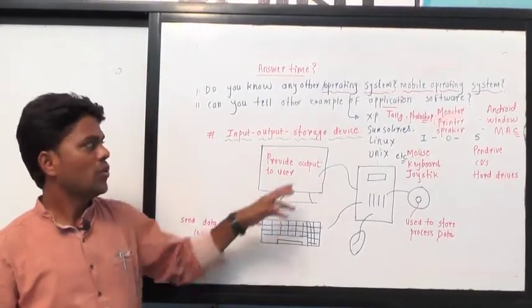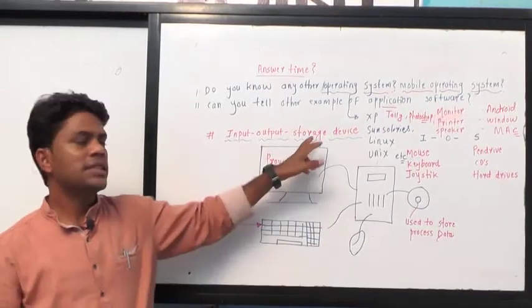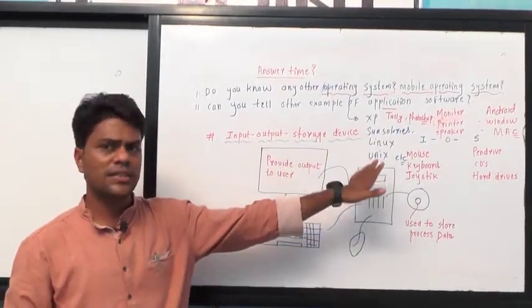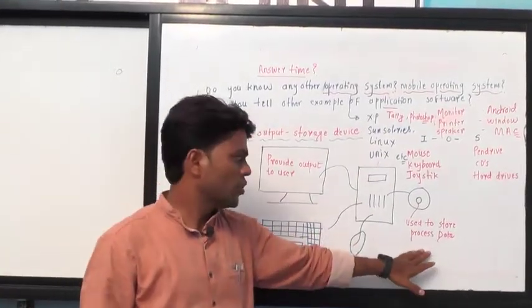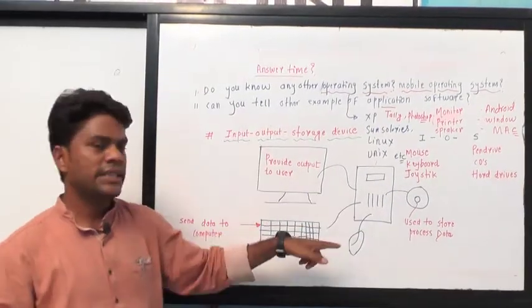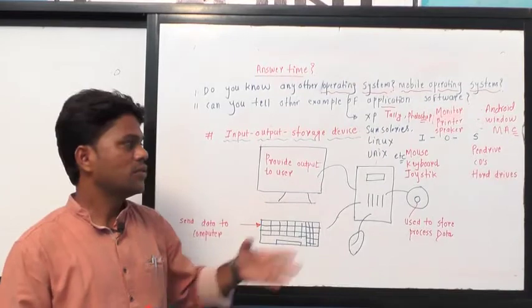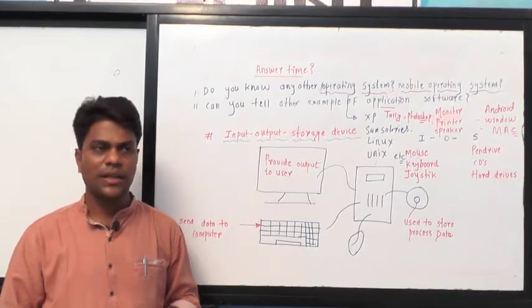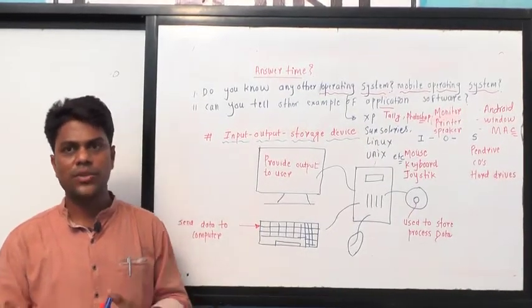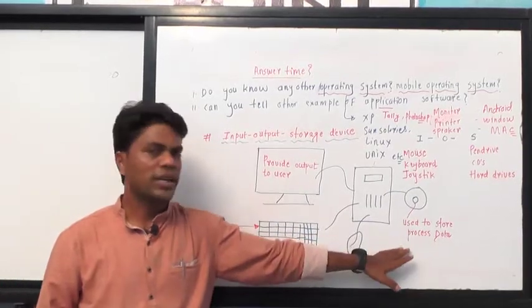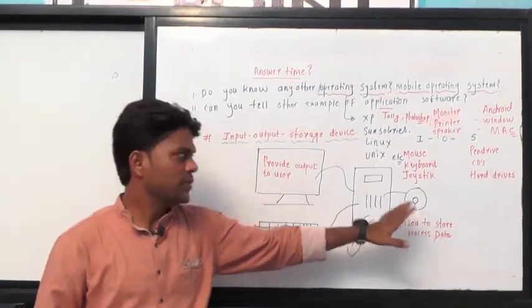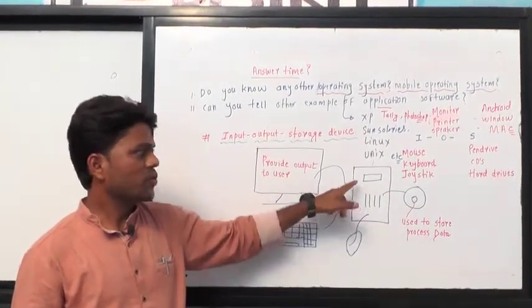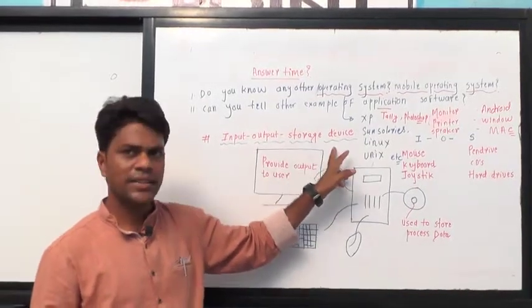Now, what are storage devices? Its name itself suggests it is going to store something. A storage device is used to store processed data. Your CDs, DVDs and pen drives are storage devices. We generally use these storage devices to store our music, videos, movies and documents in electronic form, or you can say in processed form. So storage devices are used to store data. Getting it? What is an input device, output device, storage device, understood?